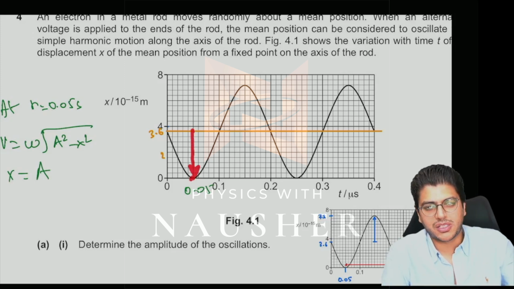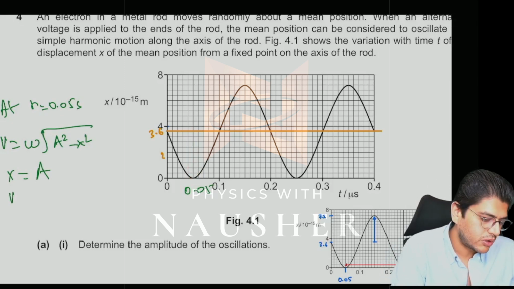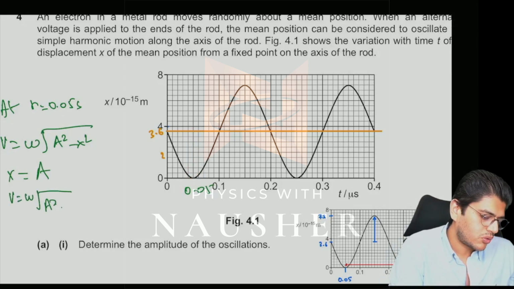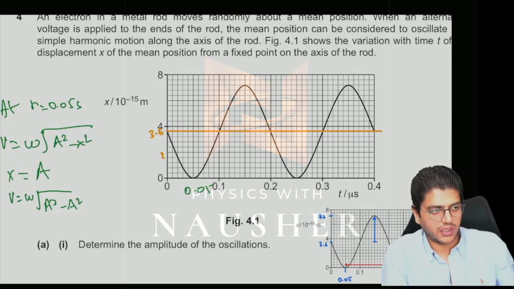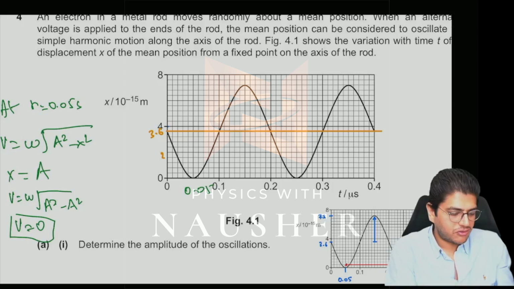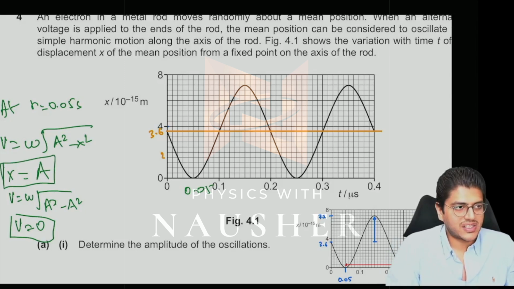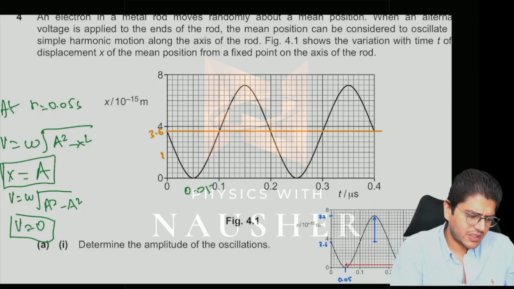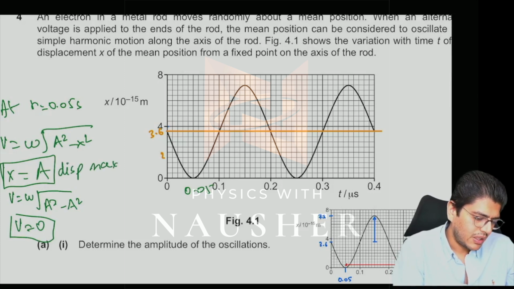This is maximum displacement. So what is your speed going to be? Omega under root A square minus A square. Instead of X, you put A, so V is 0. So remember these facts. These are simple facts from SHM. When your displacement is equal to your amplitude, which means that your displacement is maximum, your speed will be